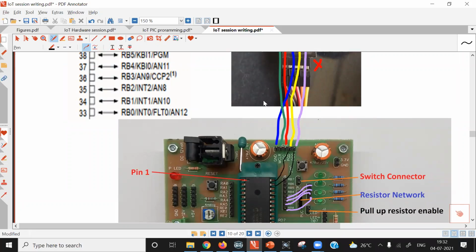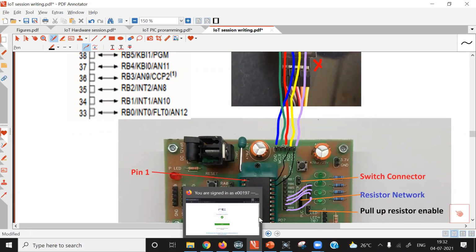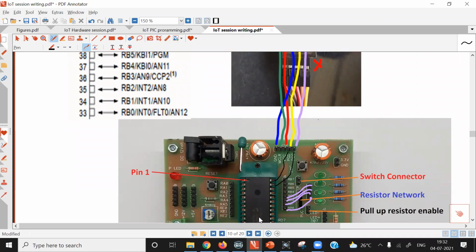Why should we add delay? The LCD display cannot respond faster. In the data sheet, the required delay is mentioned. If you write commands without sufficient delay, then another command may not be properly written to the LCD display. Therefore, a small delay is required after writing commands to the LCD display. At the same time, when you write characters to the LCD display, a small delay is required. If you write very fast, the LCD display may not accept all the characters in the string. So delay is required. The microcontroller can operate faster, but the LCD cannot.